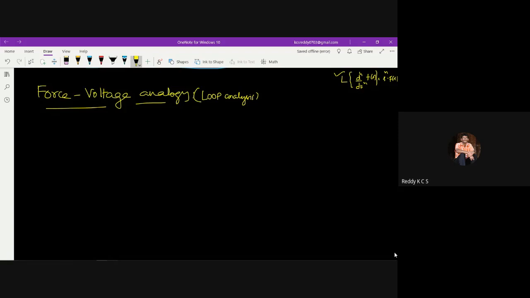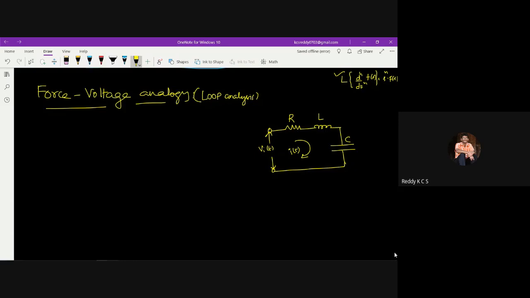Now I'll take the three elements which are present in any part of electrical networks. We can take it like this, and this is the electrical network. I have given input voltage Vi of t, and this is the current that flows in this circuit, I of t. Now I am measuring the output for this network. Of course, this is the R, this is the L and this is the C: resistance, inductance and capacitance. All three elements are represented like this.